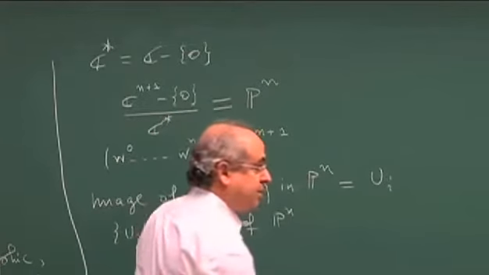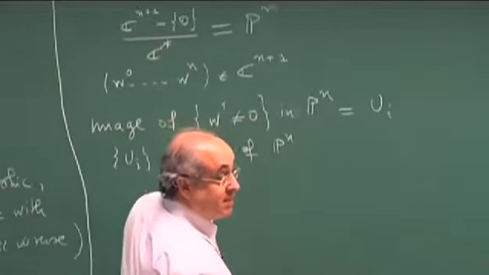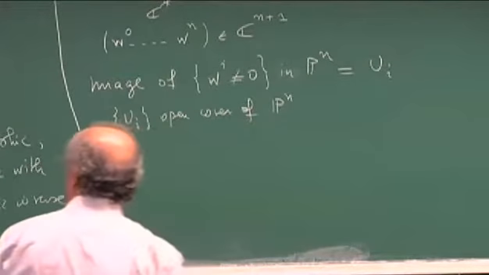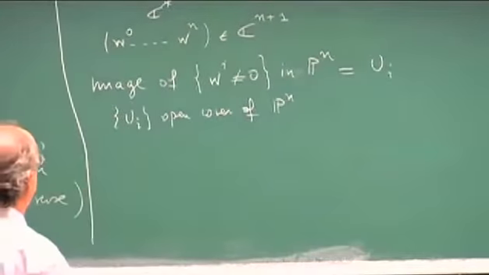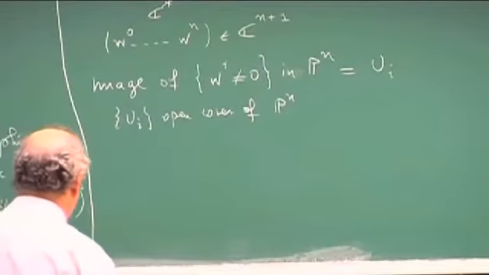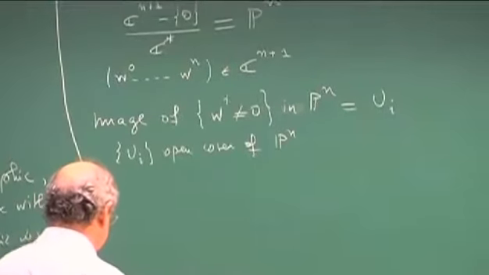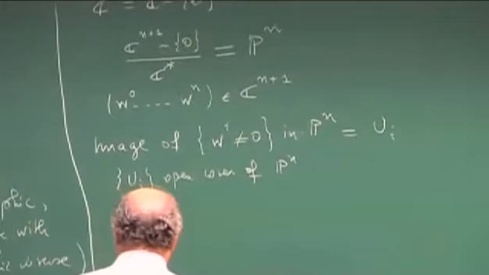These are n+1 open subsets which cover P^n. And on these we may introduce the so-called affine coordinates,